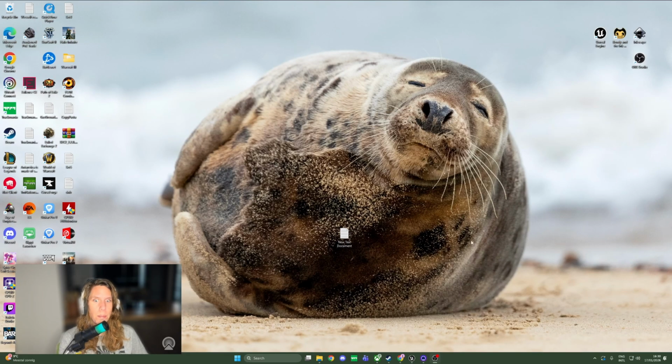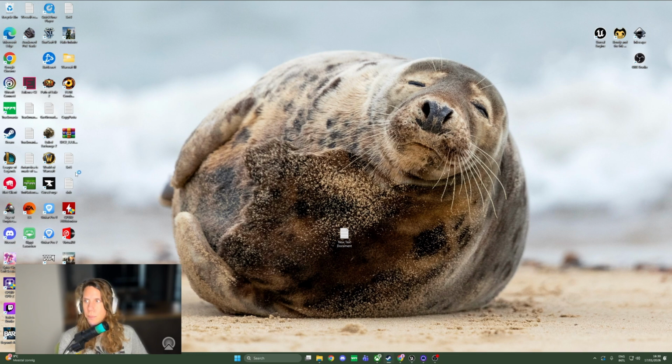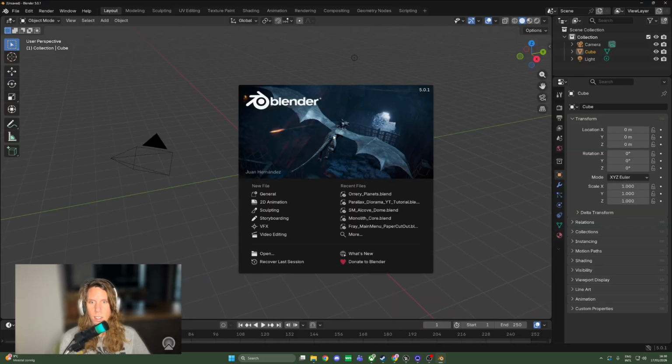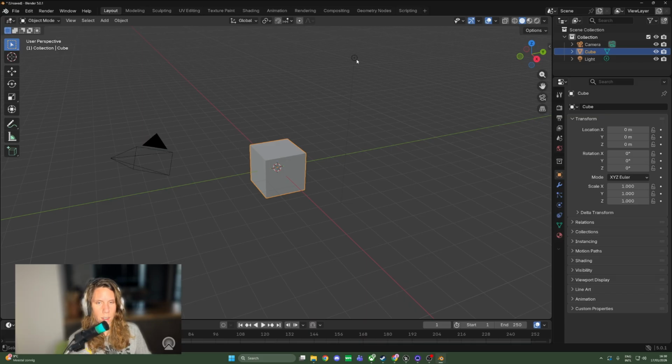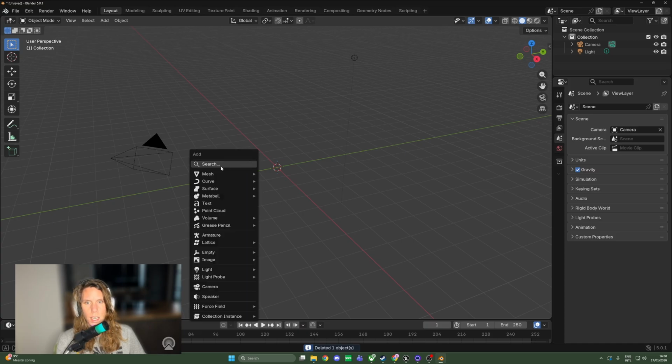This is not a Blender tutorial, but I will show you quickly how you can achieve those panels that I made in a really easy way. If you're not familiar with Blender, then I suggest you look up some tutorials on Blender. So if you open up Blender, you just delete the main cube by pressing Delete,